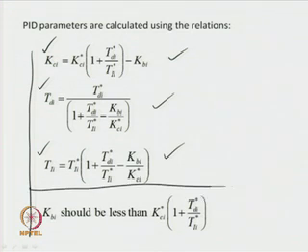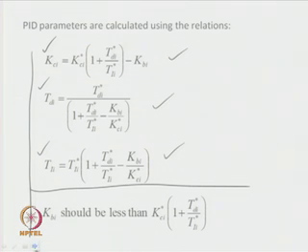Now, let us go to the last part. How are we getting these expressions? One can find out these relations, starting with the new PID controller expression, which is given as